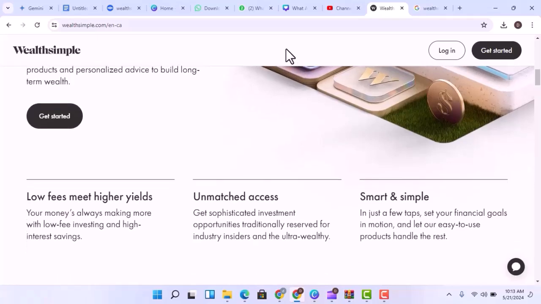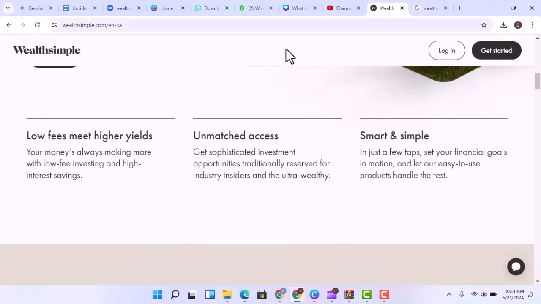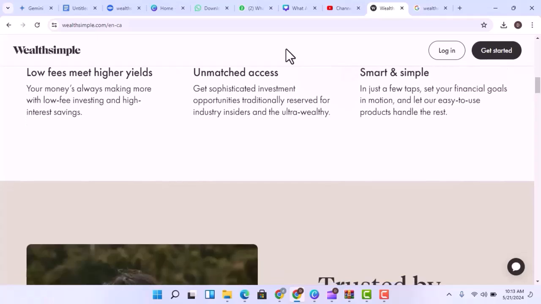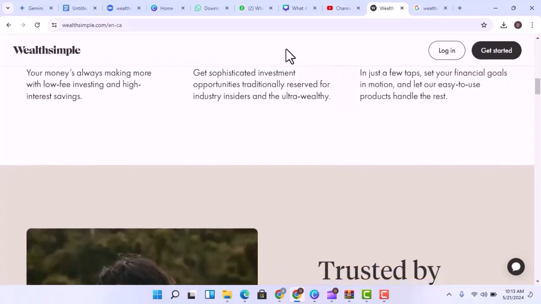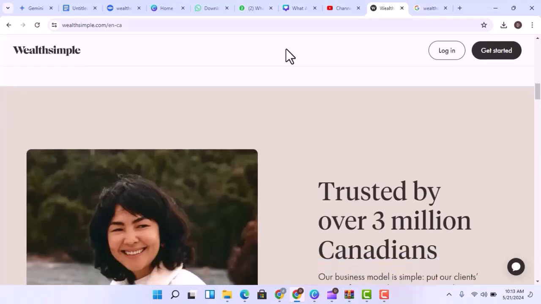Bonus round: transferring from another institution. Have an existing investment account with another provider? You can bring the party to Wealthsimple by transferring those holdings. The process typically involves contacting your current provider and initiating a transfer. Remember, this might take